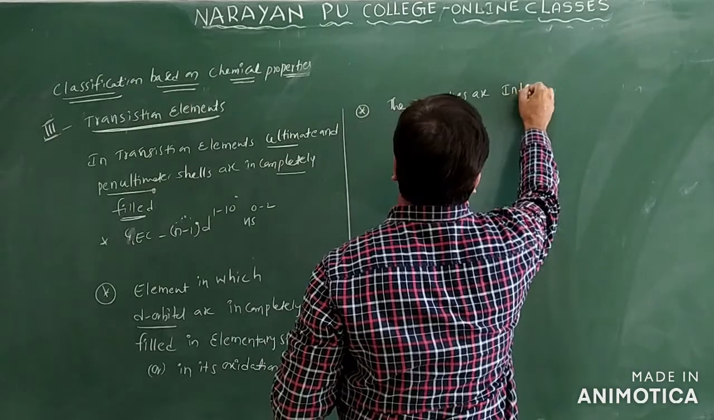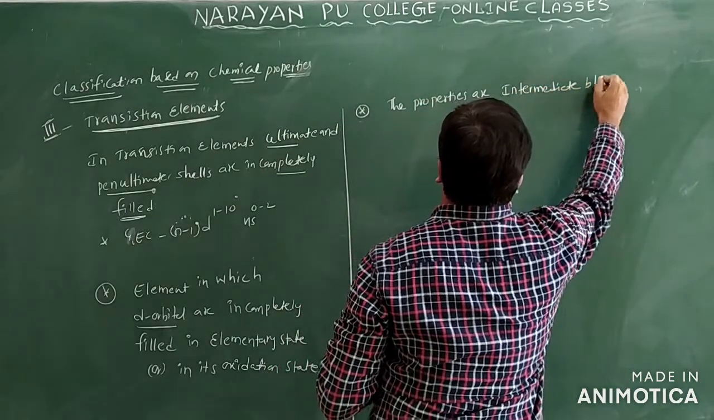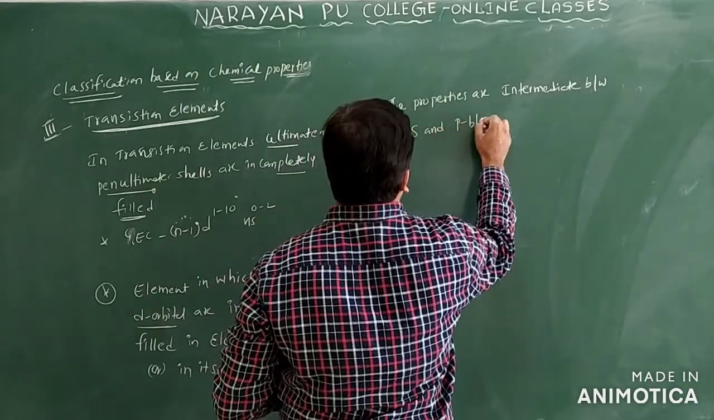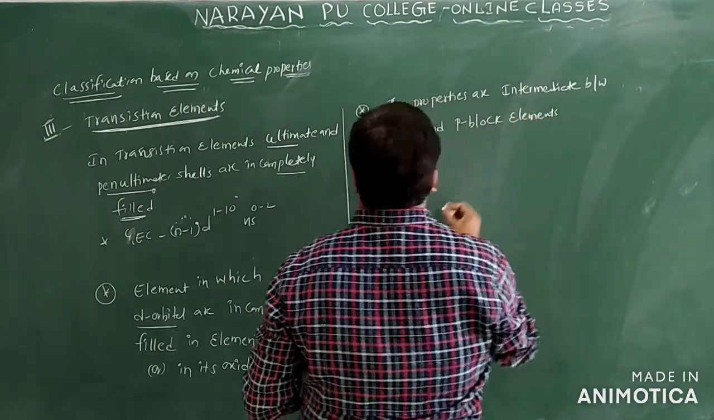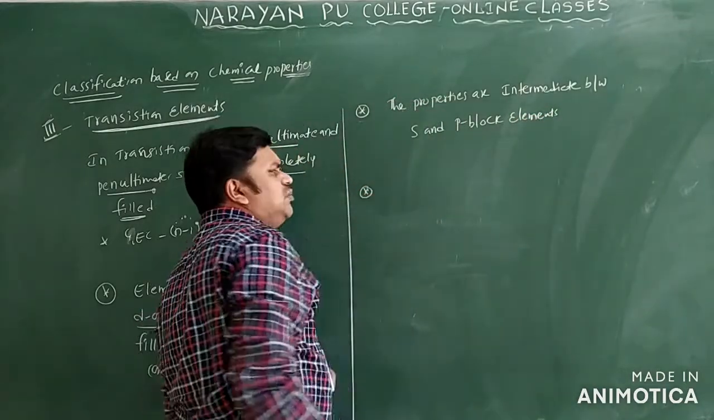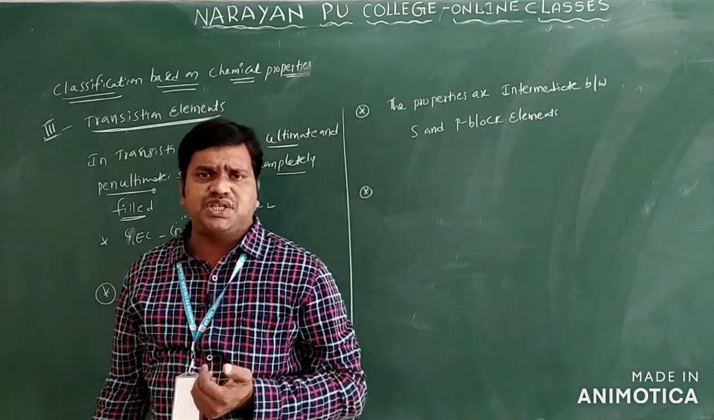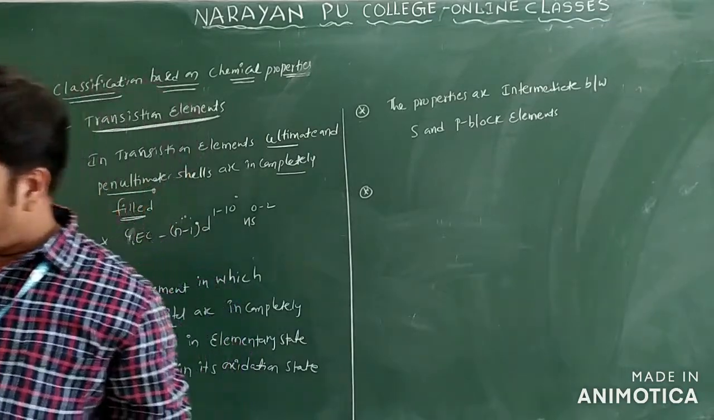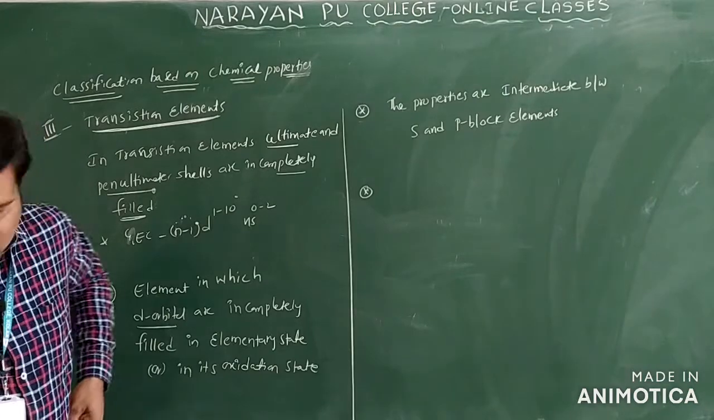The properties are intermediate between s and p block elements. You know already this d block elements are present between s and p block elements only. Those we are calling the properties of the d block elements are intermediate between s and p block elements only. Now we can see some of the exceptional cases only, we will see in the second